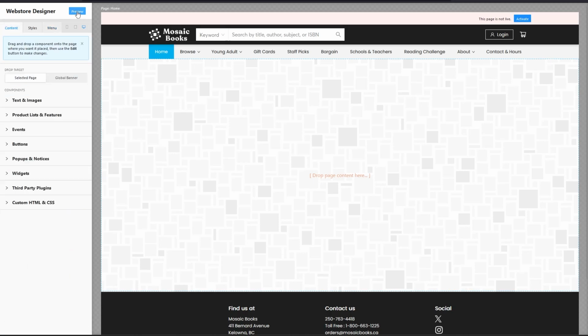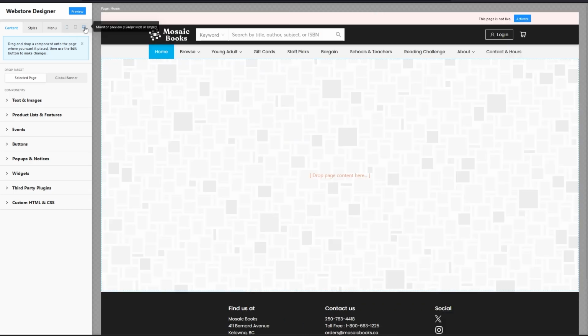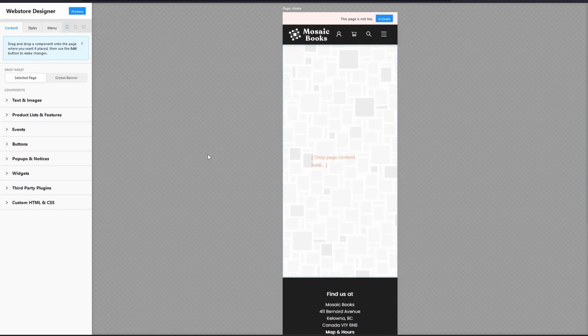You can essentially preview all this in either a desktop monitor preview. There are three icons right at the top. By default, monitor preview is selected, but I can choose tablet. I can also choose phone. I would recommend designing desktop first and then checking to make sure it still looks good on the phone or